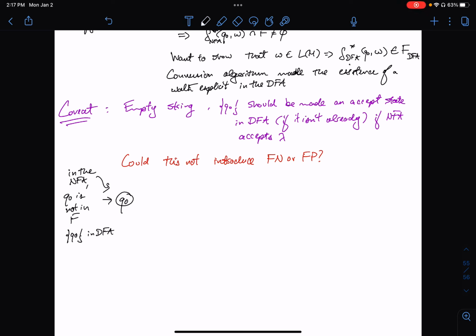So if Q0 is not in F, that means that this in the DFA is not an accept state,